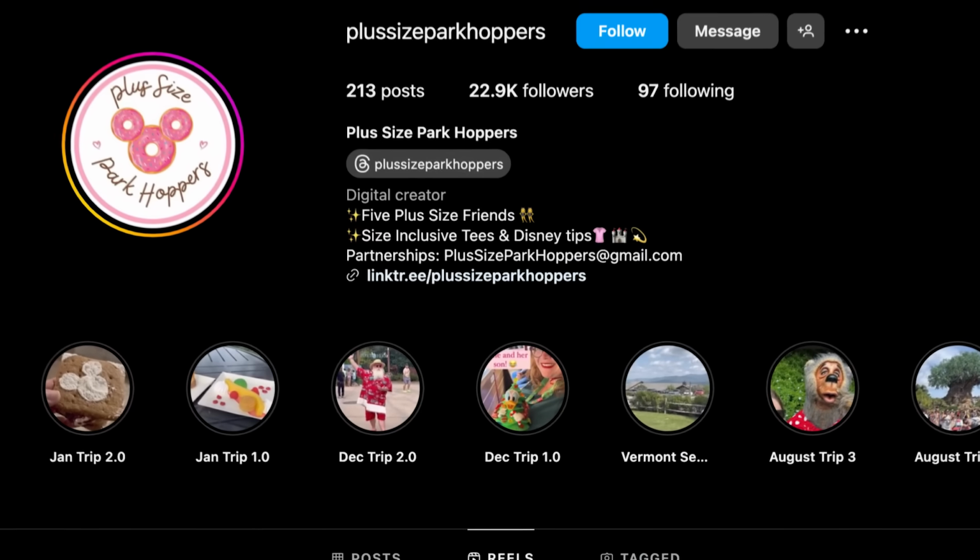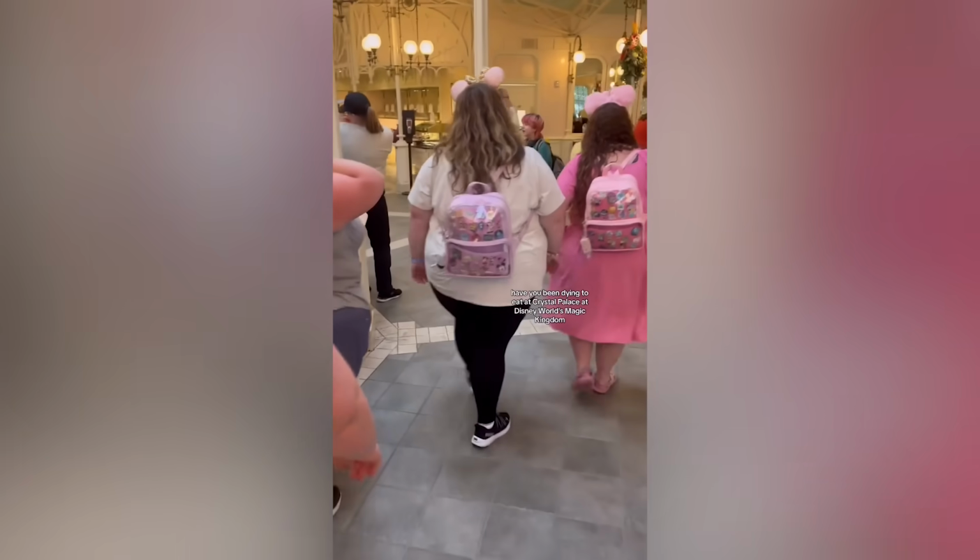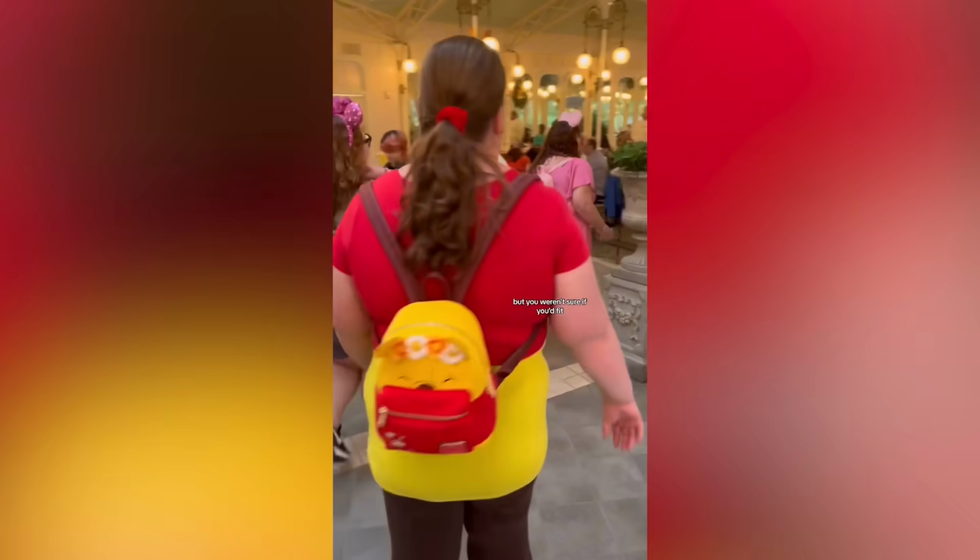Introducing plus-sized park hoppers. Enjoy. Have you been dying to eat at Crystal Palace at Disney World's Magic Kingdom, but you weren't sure if you'd fit? Hey everyone, we're plus-size park hoppers, and we range in sizes from 2X to 5X. Disney tips and tricks. On this episode of If I Fit, I Sit, we dine with Pooh and friends at